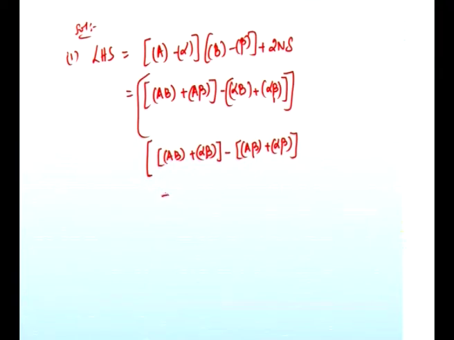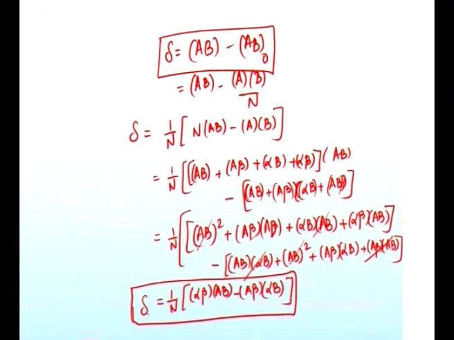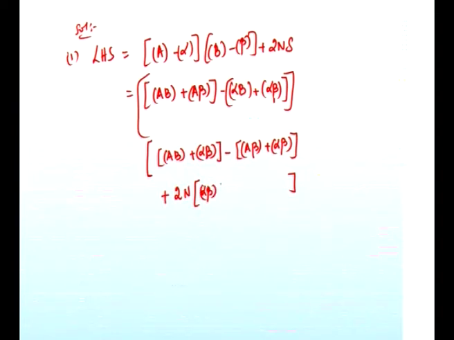Now, continuing with this expression 2 into what is n? N stands for the whole thing, right? I will write n first as it is and then we will expand delta. We will write the formula for delta. Delta formula we just arrived in the previous slides. Delta is equal to 1 by n into alpha beta into AB minus A beta into alpha b. This I am going to write it here. What is it? Alpha beta into AB